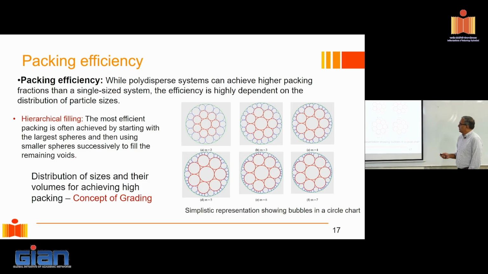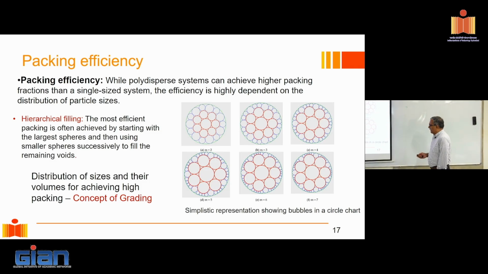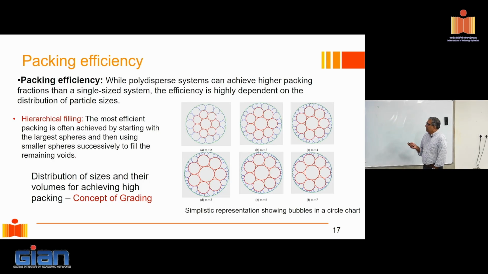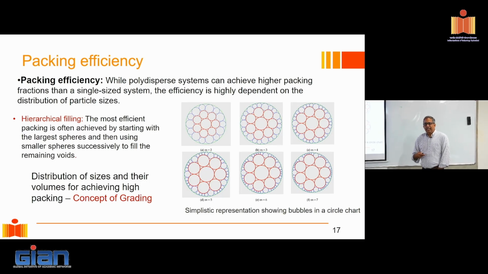So suppose I start with a certain spherical size here. I have several options to fill the gaps. Starting with the simple bubble diagram here, I have several options available to pack it up. Suppose I take my largest sphere here. I can go with this as my next arrangement, or I can go with this as my next arrangement, and so on. I can basically play around with these spheres. But if the proportions are off, let's say I look at this particular arrangement here. This is my largest spherical size, followed by this, followed by this. Suppose I have too many particles of this size, what will happen? Packing will not happen smoothly. And we'll see a little later, this thing called the loosening effect comes into play and becomes counterproductive.